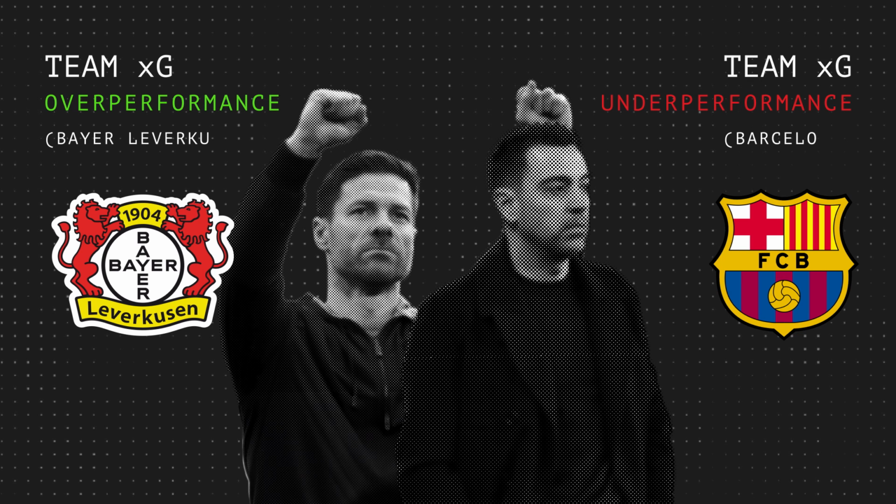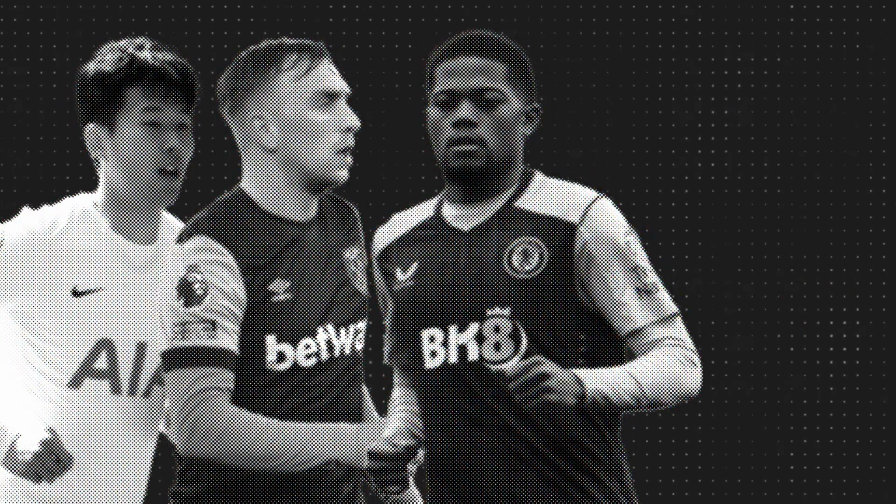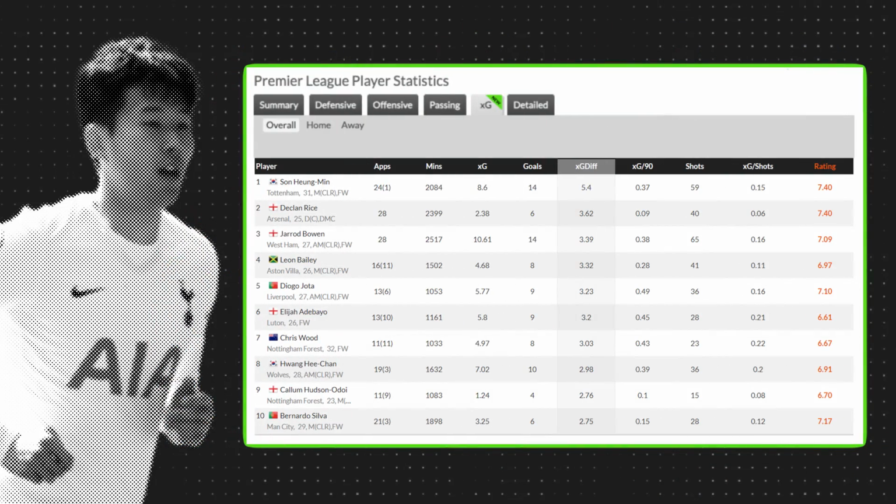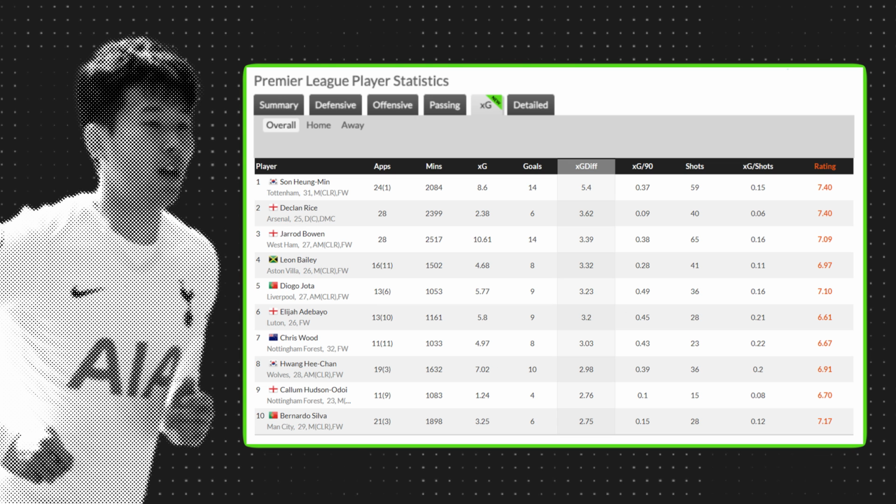For example, in the Premier League right now, Son Heung-min, Jarrod Bowen, Leon Bailey, Diogo Jota and Elijah Adebayo have outperformed their XG by the biggest margin. In other words, they've scored more goals than statistically expected based on the shots they've taken. An important point to raise here is the top finishers regularly outperform their XG. It's a sign that they're one of the best in the game, capable of scoring in situations that others typically